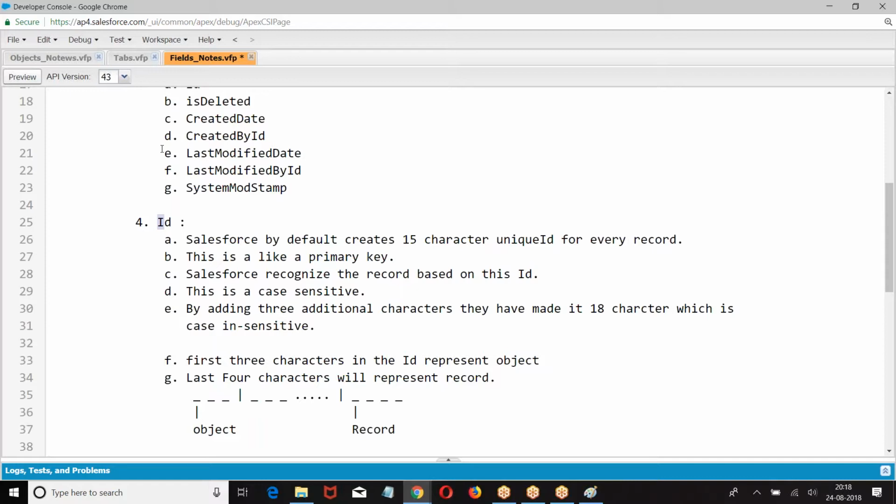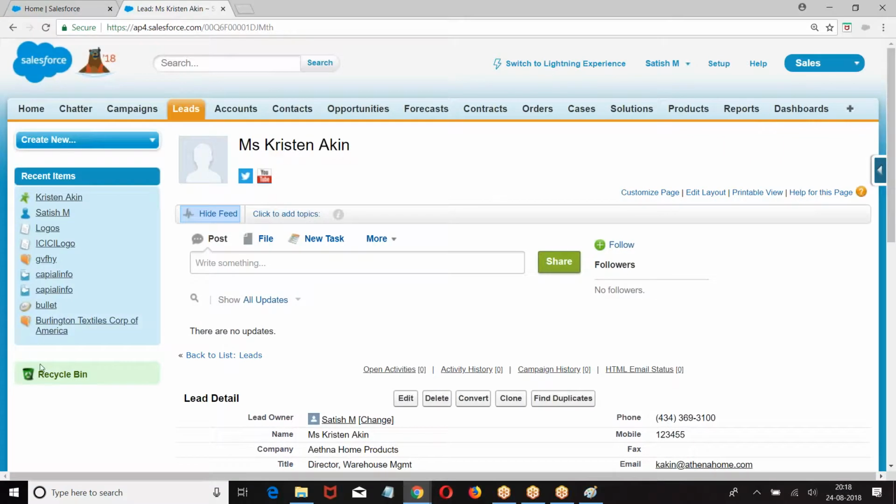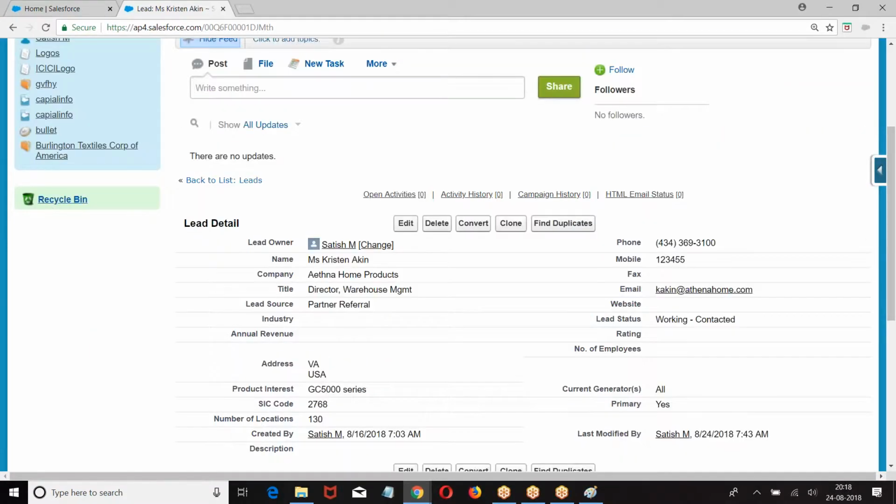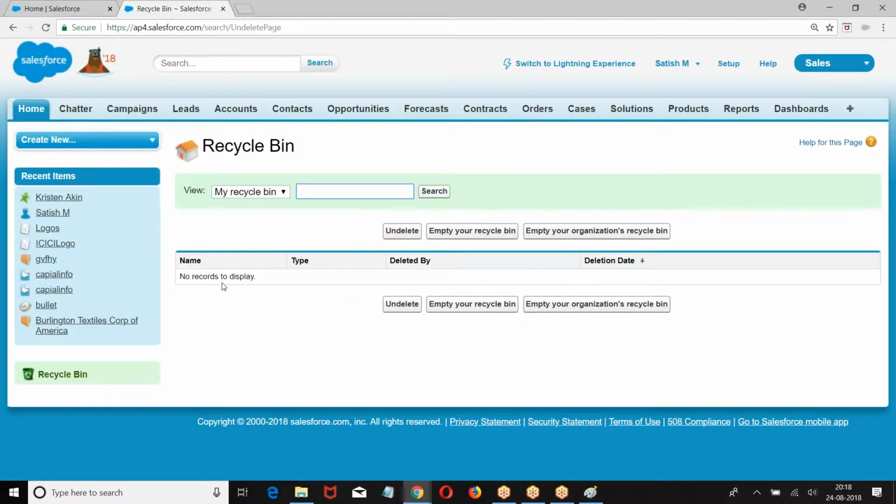Sir, how do we restore if anything is deleted? Within 15 days, when you delete, at the bottom you will find deleted elements. If it is a table, at the bottom you will find the deleted objects. If it is a record, you can see it in the recycle bin. Go to the recycle bin and records will be seen here. If it is an object, at the bottom only you can see. If it is a field, you can see it too.